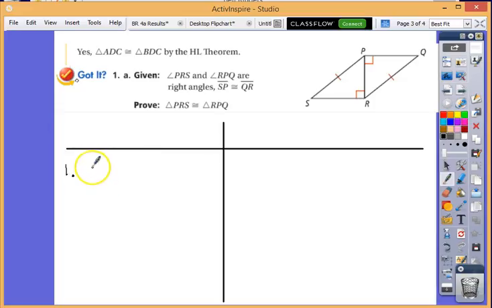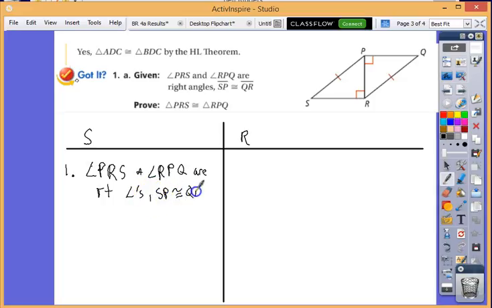In statement number 1, I'm just going to restate the given. So this is the statement side of the T-chart. These are the reasons. Statement number 1, angle PRS and angle RPQ are right angles. And SP congruent to QR. Now I should probably go ahead and say that triangle PRS and triangle